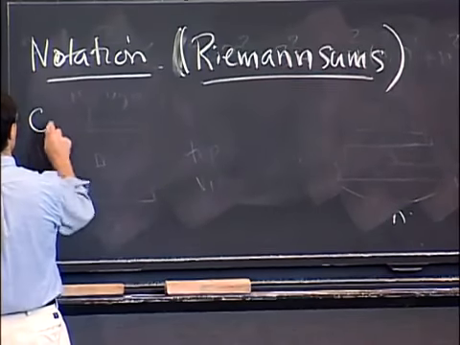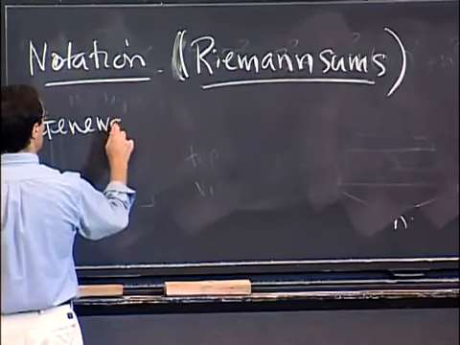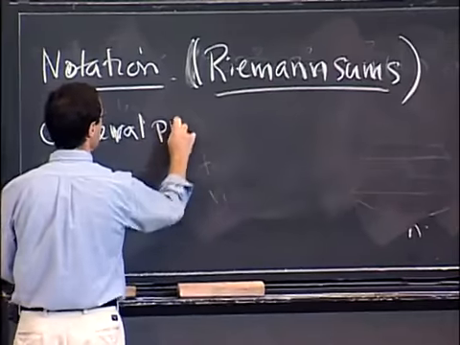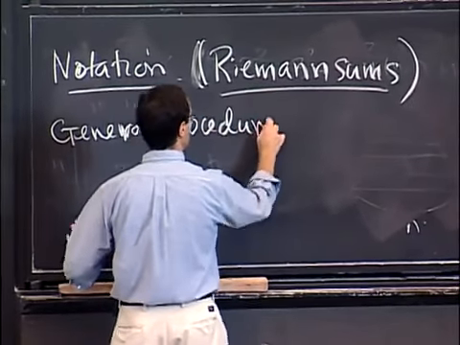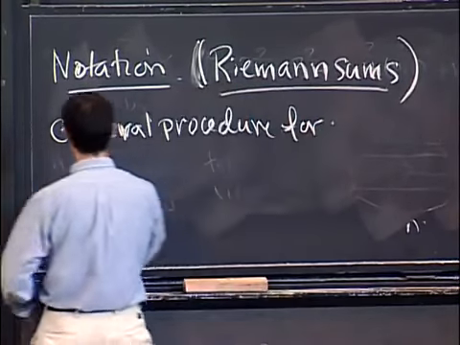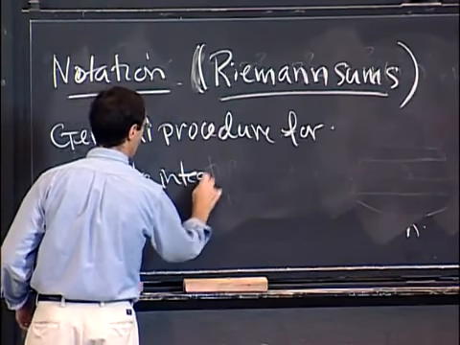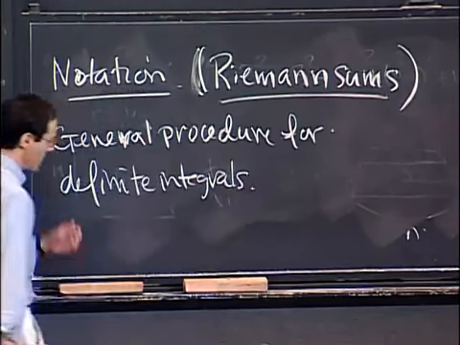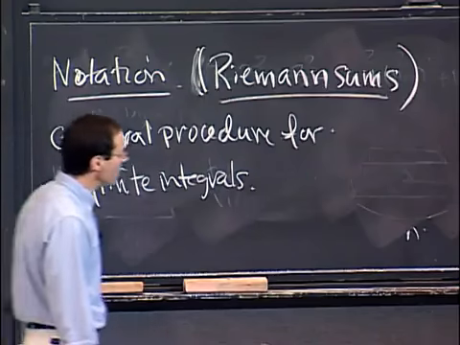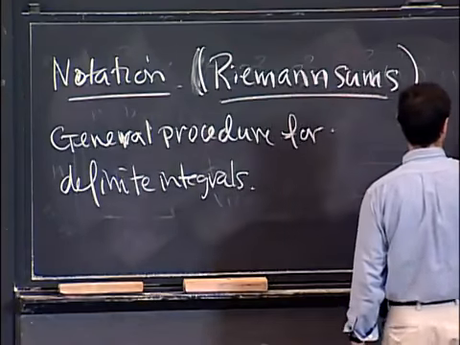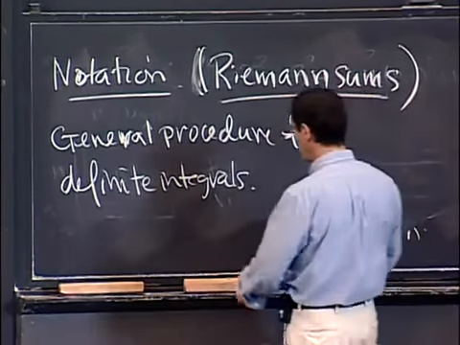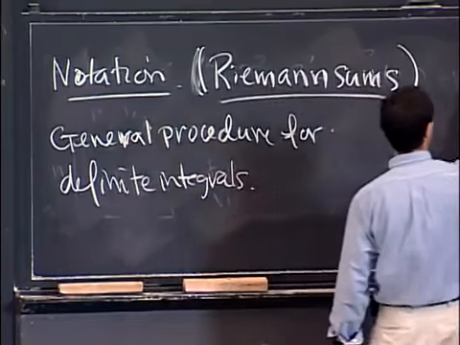So this is the general procedure for definite integrals. We divide it up into pieces. And how do we do that? Well,